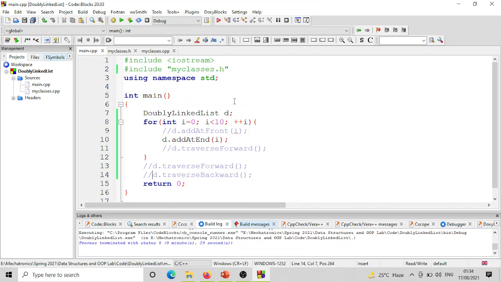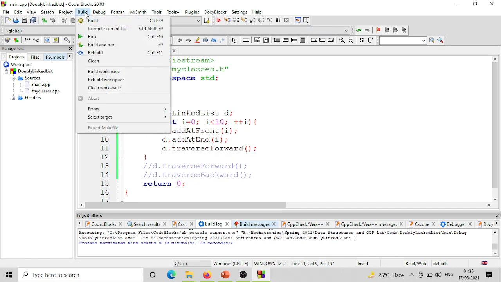Let's get back to the main function. Here we are going to first add d to the front and then d to the end. Okay, and then I'm going to traverse the list in the forward direction, or in the backward direction. You can do it one way or the other, it doesn't matter. So let's see how the output would look. Sometimes